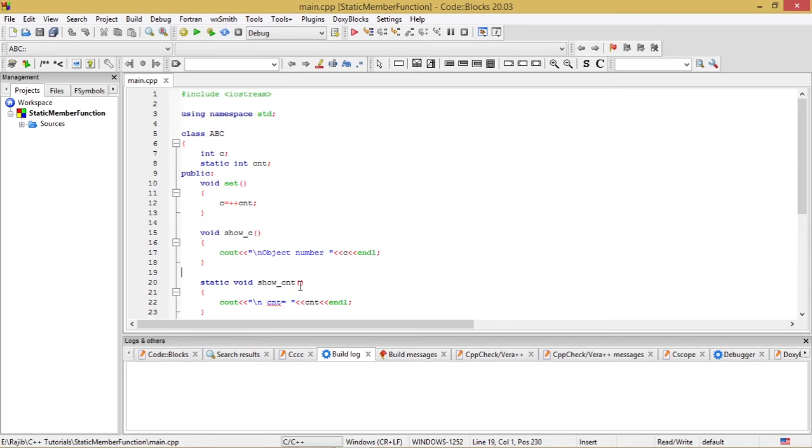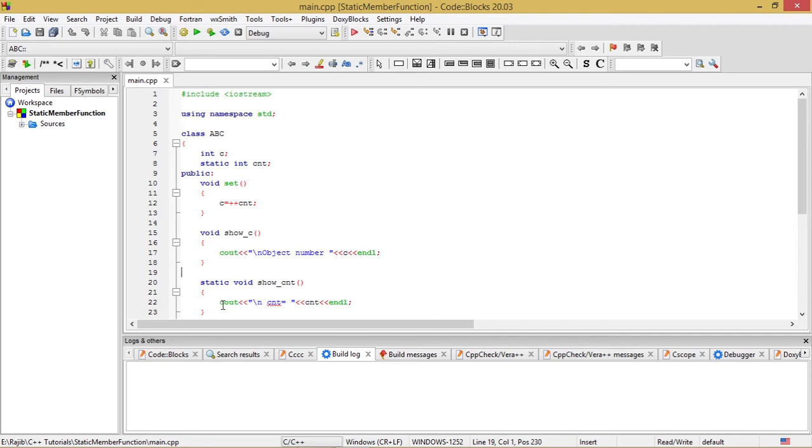Now another function has been defined as well, that is static void show_count. See the difference between these two functions above, that is set and show_c. The show_cnt function has been preceded before the return type by the keyword static, which indicates clearly that it is a static member function, and this static member function is declared inside the class ABC under the public visibility modifier.